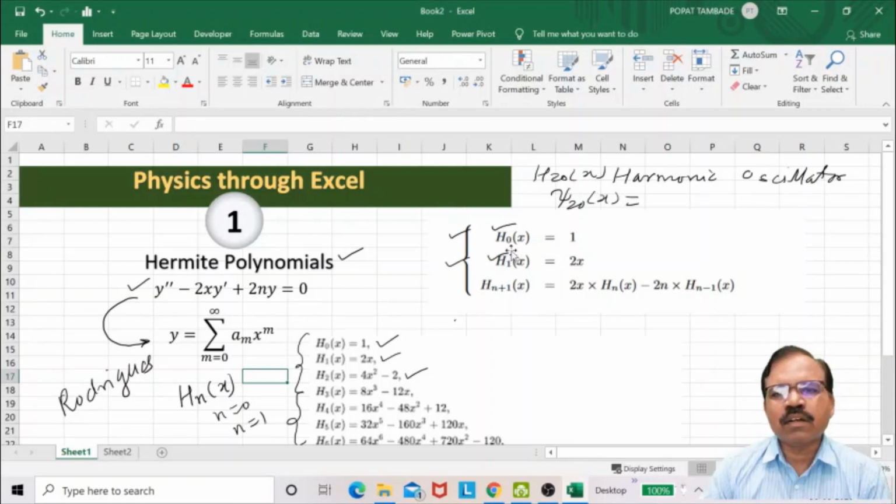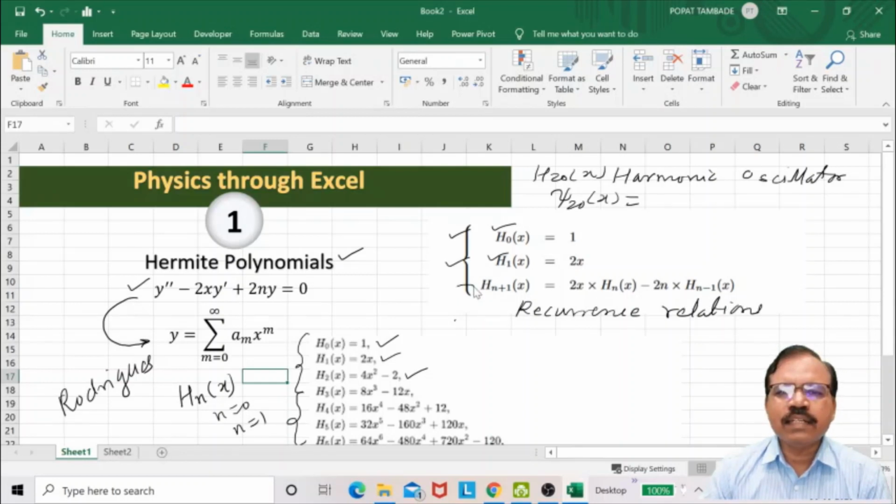This is the first order Hermite polynomial, and Hermite polynomials satisfy this recurrence relation. There are a number of recurrence relations, but I will take this one. So H_{n+1}(x) is equal to 2x into H_n(x) minus 2n into H_{n-1}(x).